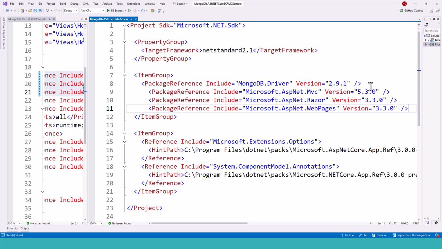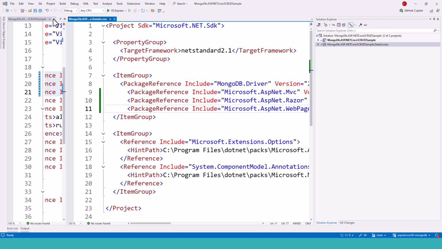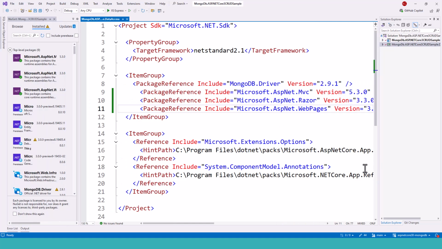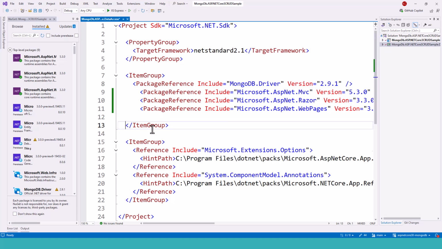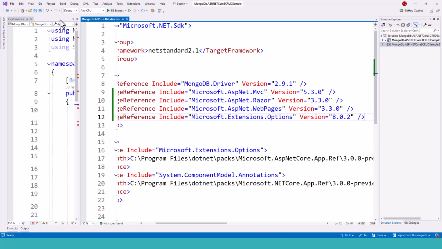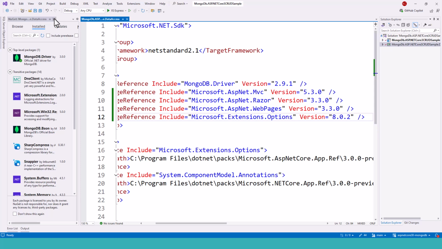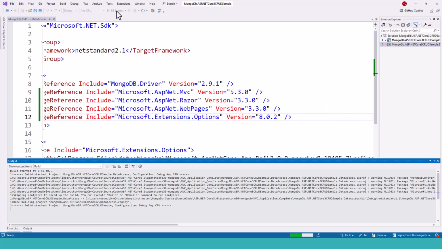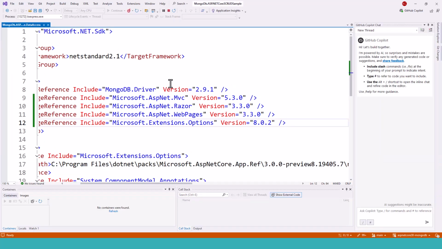Okay, save it, and another reference that is needed will be the Microsoft.Extensions.Options. Now I will close that. I've copied that extension options, so I will just put it at the end over here. Save it and then rerun the application. I will just close this window, close this window, close this as well, and then click IIS Express. So this time after building, no error came, but it will still fail unless I change the